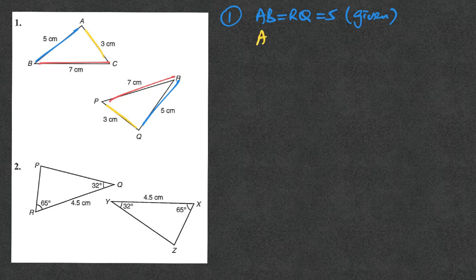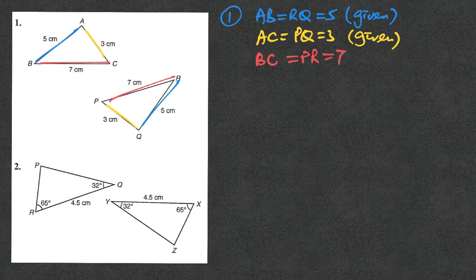Next, we write down AC equal to PQ equal to 3. Again, it is given in the question. And finally, we have BC equal to PR equal to 7, which is also a given condition. Afterward, according to the condition of congruent triangles, you will see the triangle ABC is congruent to triangle